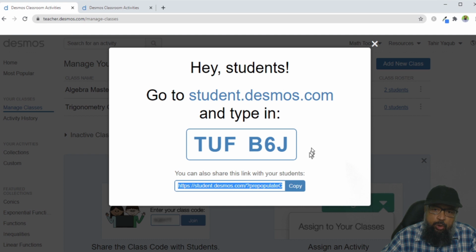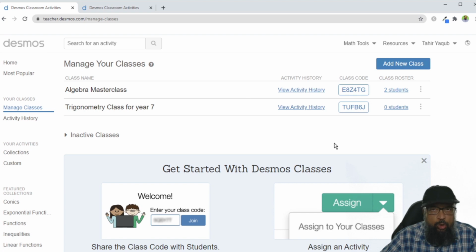Another way is to send this link. I can copy this link. Now the link is copied to my clipboard, and now if I am taking this class in a Zoom meeting, I am using Zoom software, there in the chat feature I can paste this link, and my students can directly click on the link and they can join the class. So this is how students join the class.